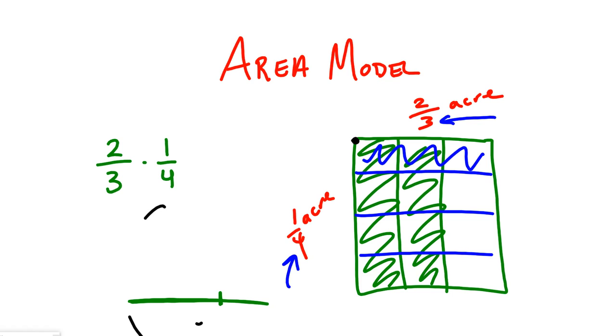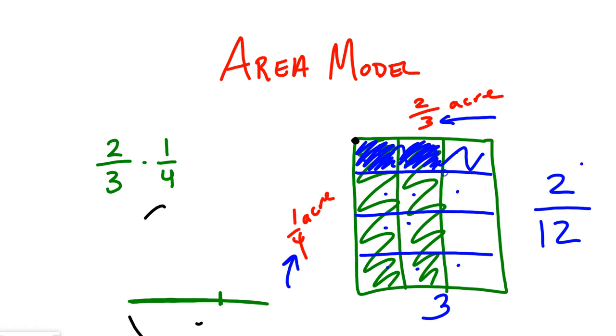I'm first going to look at how many pieces are now in my whole. I have 1, 2, 3, 4, 5, 6, 7, 8, 9, 10, 11, 12. 12 is my denominator because really I have a 4 by 3 shape, and 4 times 3 is 12. And I'm going to count the ones that are double shaded, the overlap colors. Any ones that are double shaded are the ones that make up my area. So this guy's double shaded with green and blue, and this guy's double shaded with green and blue. So 2/12 is the area of the land I have,